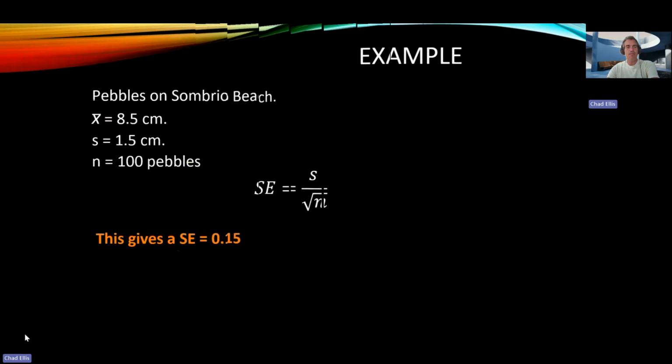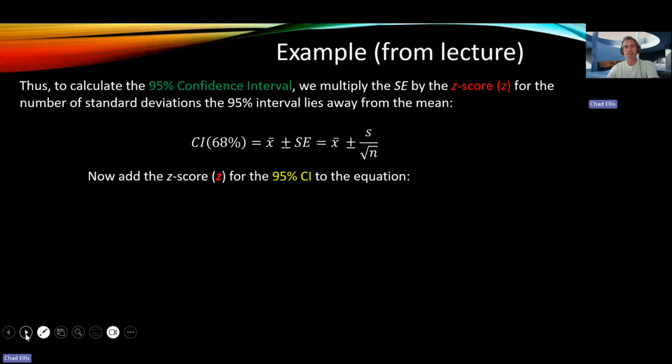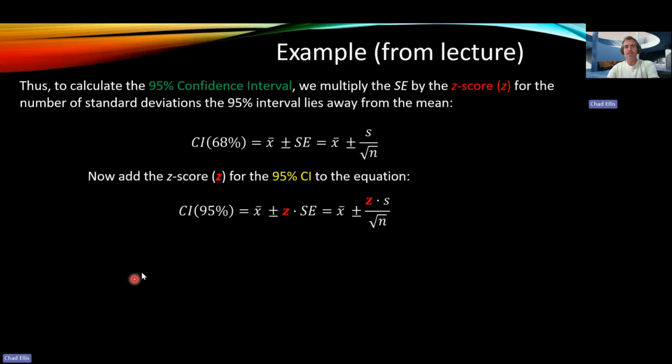Now we can use that standard error to construct our confidence intervals. A 68% confidence interval corresponds roughly to plus and minus 1 standard error above and below the mean. But we don't want a 68% confidence interval. We want something higher. We want a 95% confidence interval to begin with. So how can we calculate that? Well, we take the z-score which corresponds to the 95% confidence interval and multiply it by the standard error. For the 95% confidence interval, it has a corresponding z-score of 1.96. We multiply the standard error by that value,